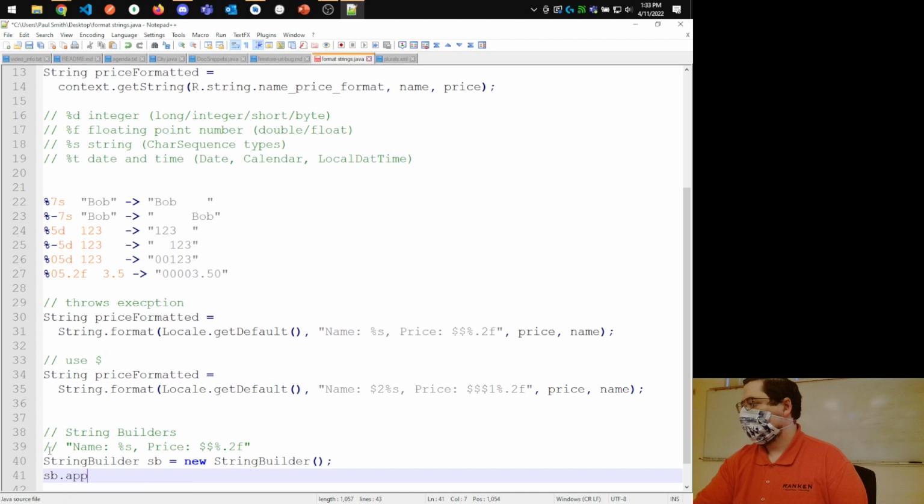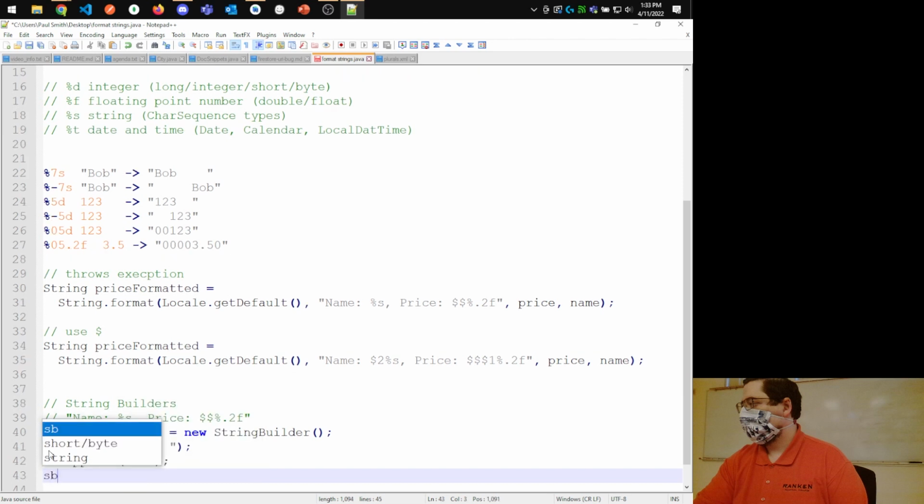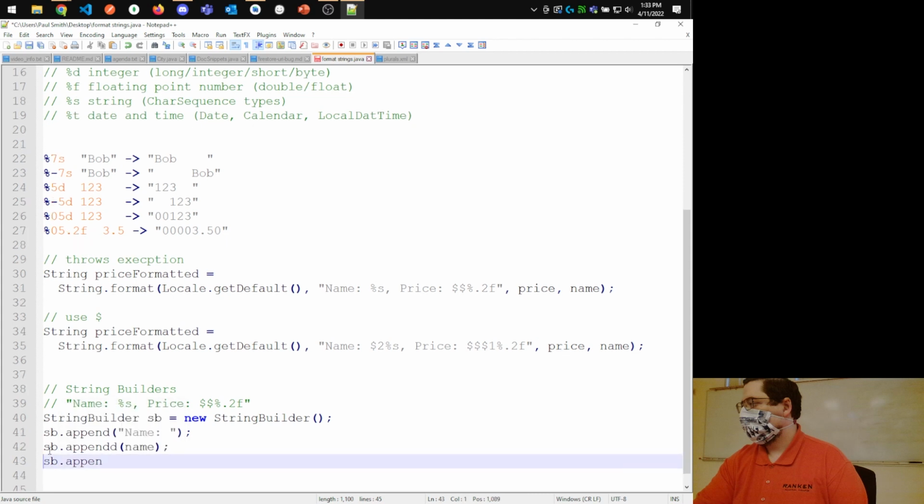So I might say sb.append, and I'd say, well, let's start with the first thing, name colon space, and then sb.append, the name, sb.append. I've got an extra D up here, append, and the next part would be here, comma, price, question mark,